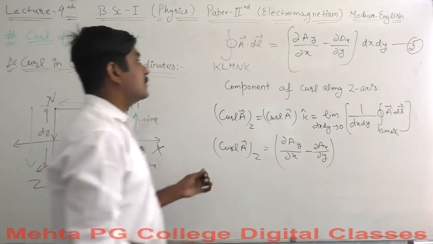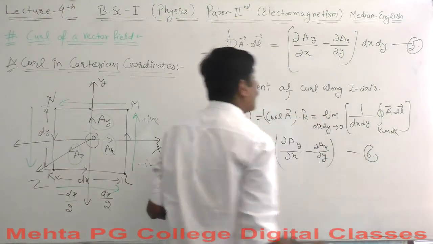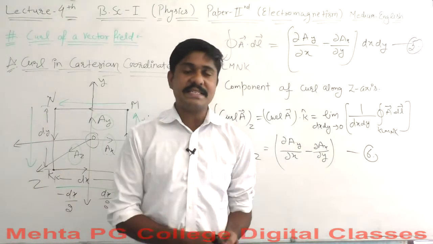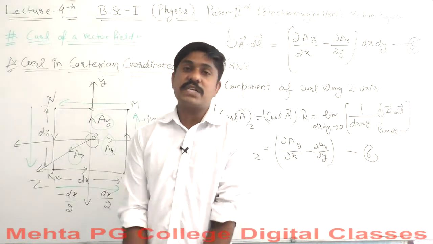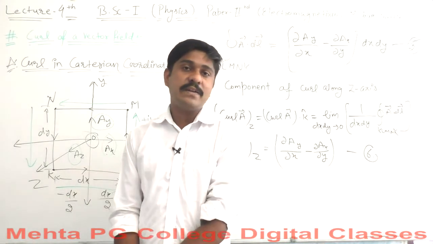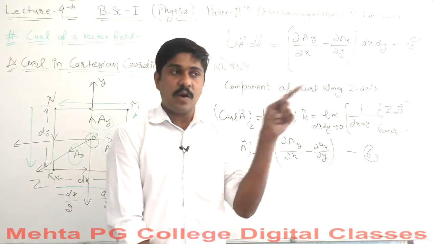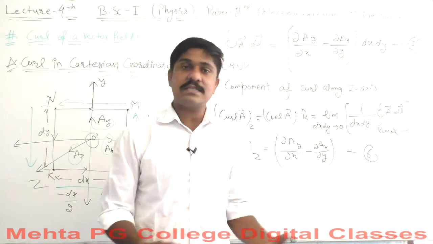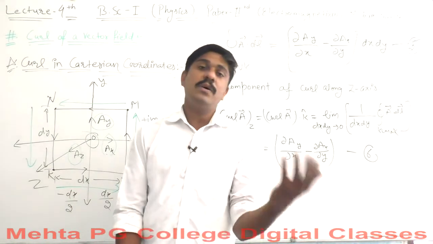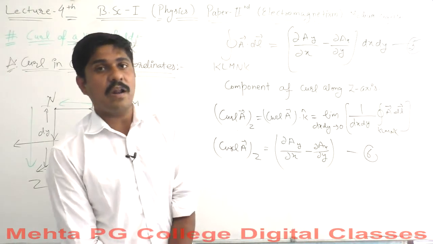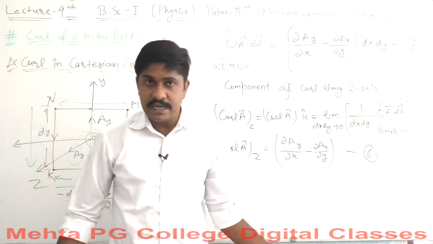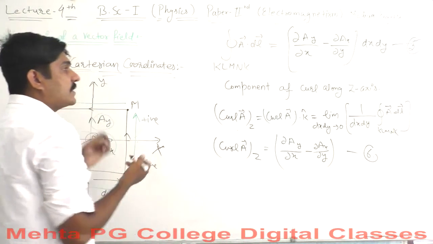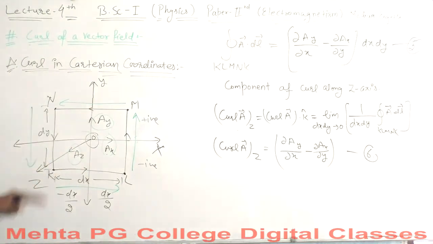Okay, this must be equation 6. And what if the plane, you know, the z direction represents that the rotational plane is in the xy plane. So what if the rotational plane is in the yz plane or in the zx plane? We will find out the component of curl along the x axis and the component of curl along the y axis. So what will be the components of curl along the y axis and z axis? Let's find out. So the component of curl along the y axis, this is our turn. Let me clear this off. This figure will not be needed here.